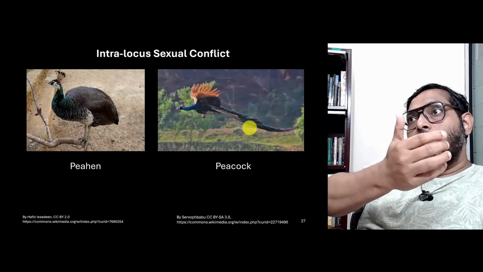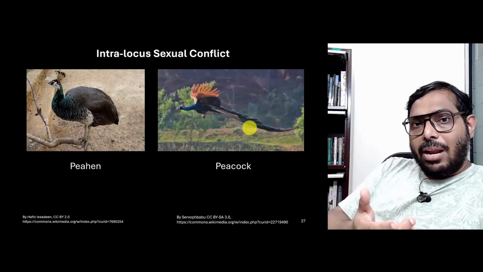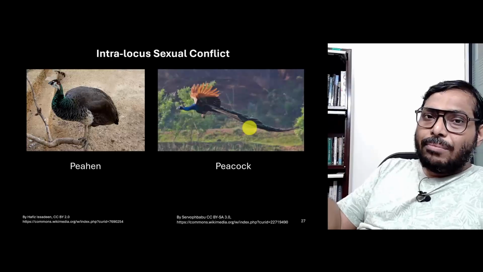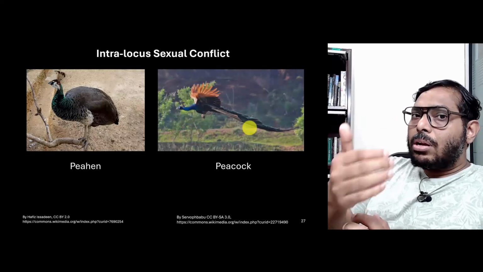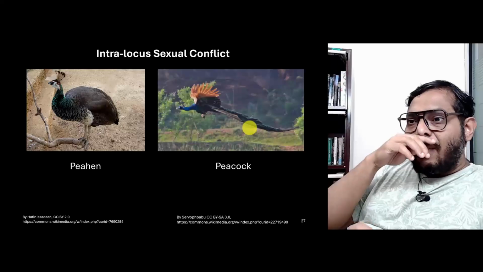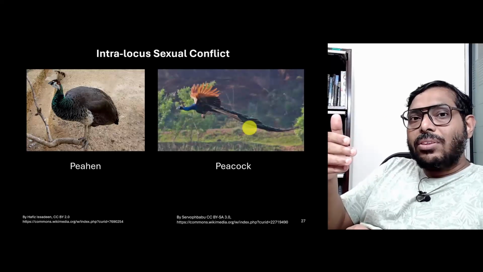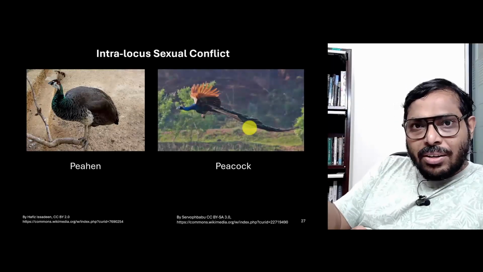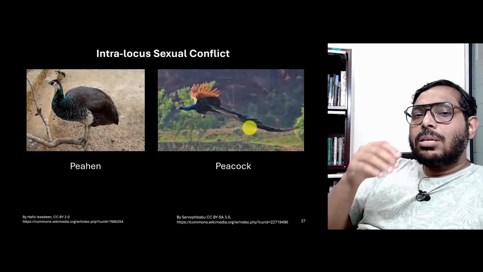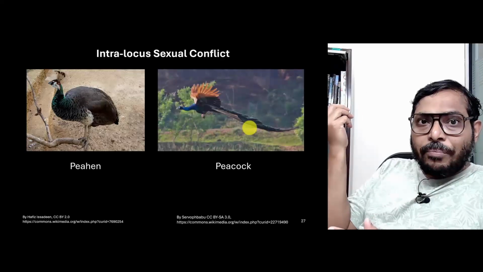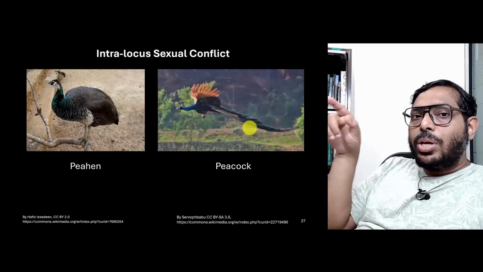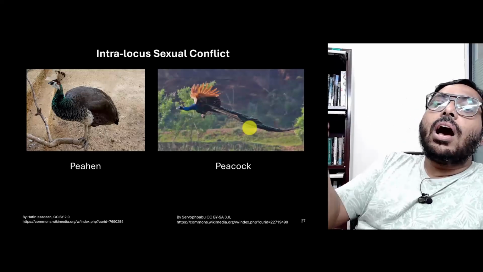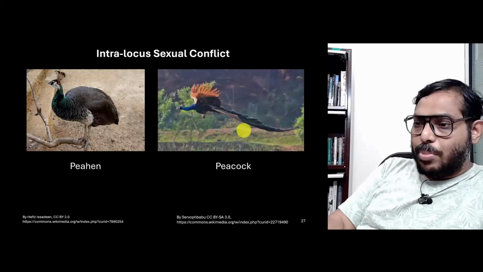If it ends up creating a long tail in the peahen, what benefit does the peahen get? As far as we know, peacocks, that is the males, do not have an extra preference for females with a long tail. On the other hand, if it has a long tail, it is going to be more vulnerable to the predators, right. So, its fitness is going to go down simply because its chances of getting caught increases. So, the same long tail which in the male is benefiting it by getting it more matings is actually harmful for the female of the same species.